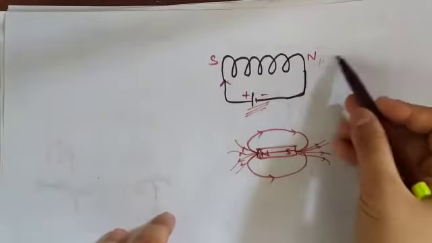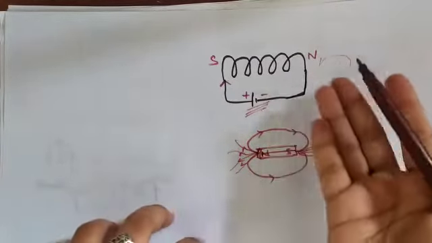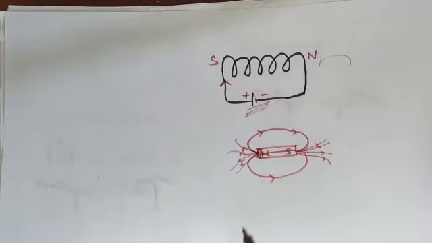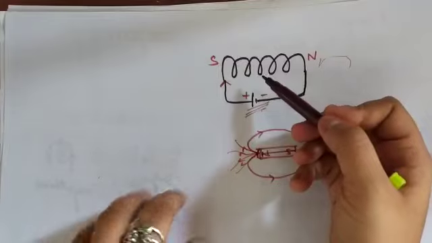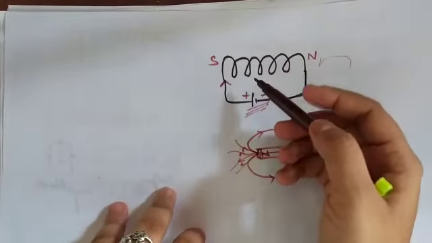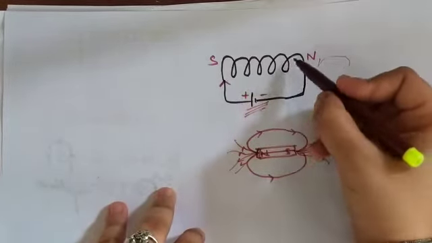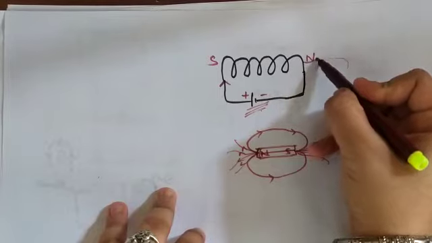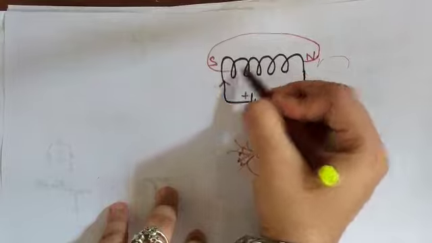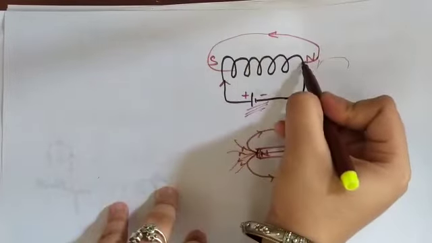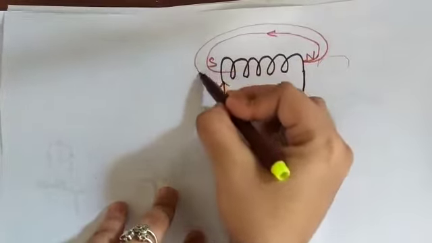If we keep a bar magnet near to it, it won't get attraction or repulsion. There is no function between them. So this solenoid is actually acting like a bar magnet. Same concept that we have discussed. So here the magnetic lines will emerge from the north direction to the south direction in this way. It is like this, same concept.